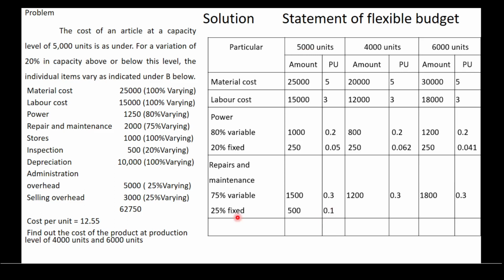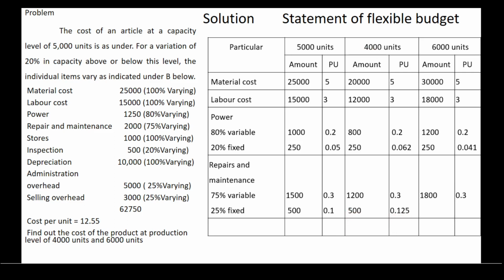So now, since this is fixed, the fixed cost amount is constant at all levels. The cost per unit changes. The amount remains constant at every level, but here the cost per unit changes. Under the 4000 units, here the amount is the same, that is 500 rupees. This 500 rupees is divided by the 4000 units. So now the cost per unit is